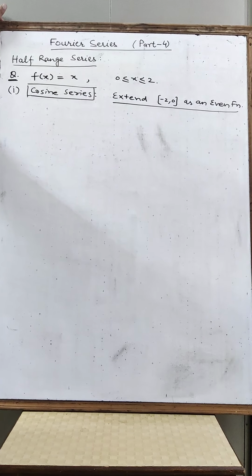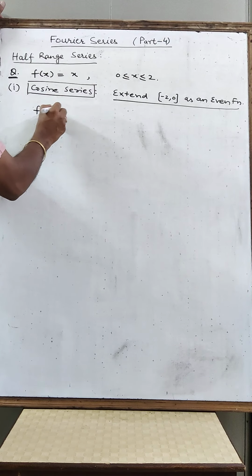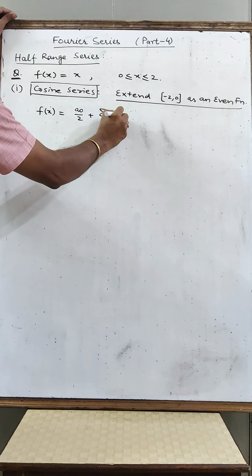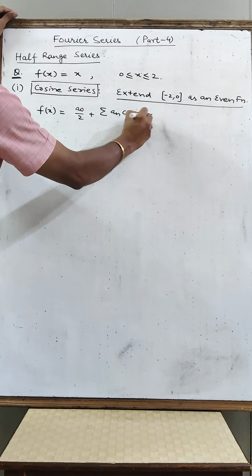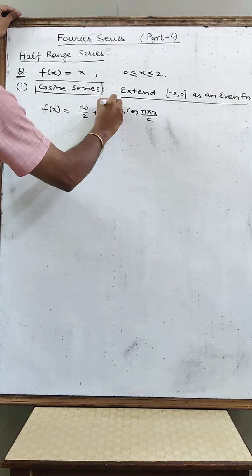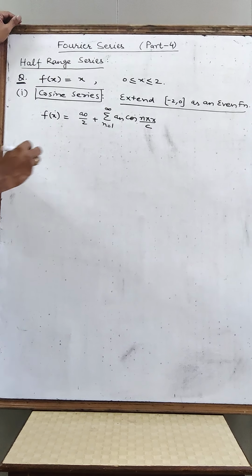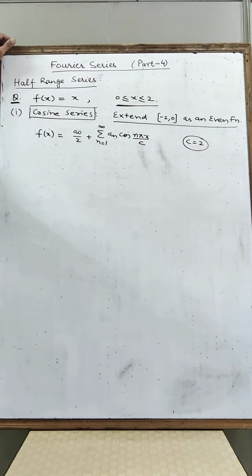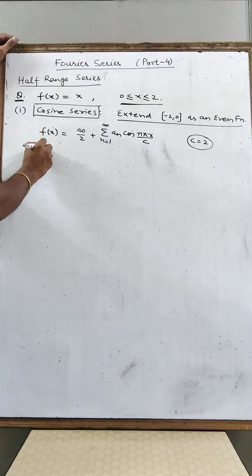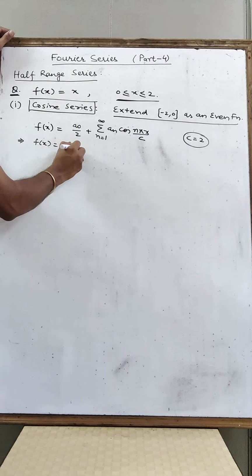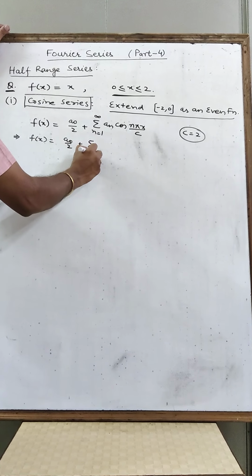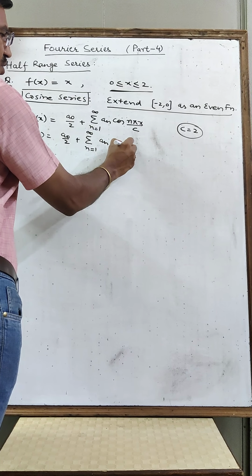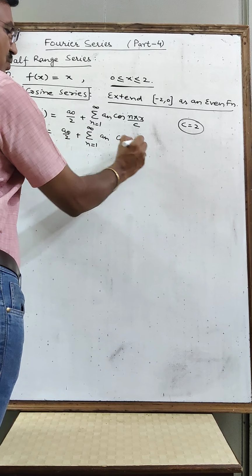and we would get the cosine series a naught by 2 plus summation an cos of n pi x over c, from 1 to infinity, and in this case you are watching that c is equal to 2. So we will get f of x is equal to a naught by 2 plus summation from n equal to 1 to infinity an cos n pi x over 2, where